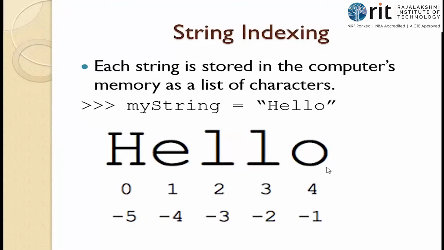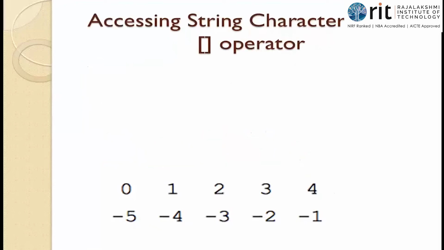So negative indexing is from the last character and it moves towards the leftmost character, which is the first character. If you print E, you can use the index 1 or you can use the index -4. In negative indexing the numbers go -1, -2, -3, -4, -5. You have 5 characters in a row, so the negative indexing starts from -1 and stops at -5. Positive is left to right in normal order; negative indexing starts from the last character on the right hand side. Okay, this is about indexing.